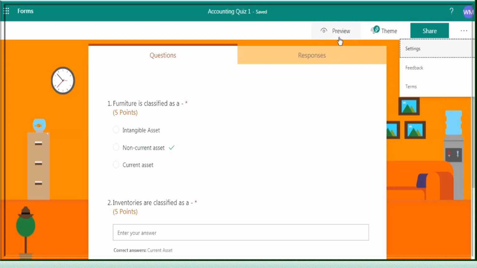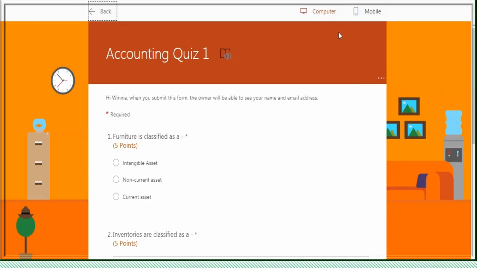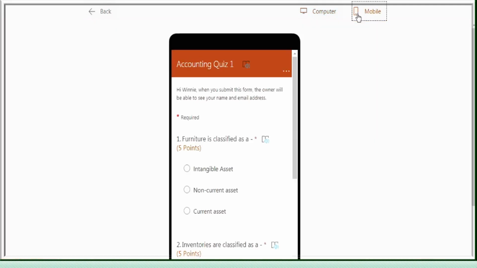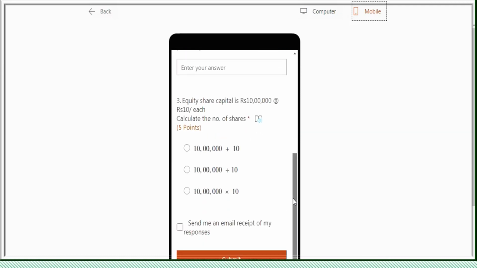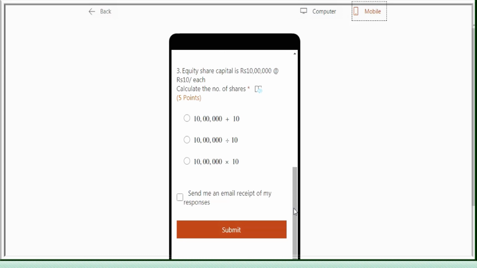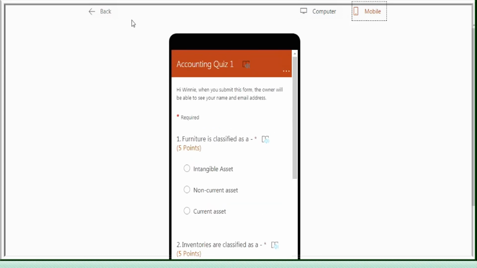Next, we want to see how the students will view this question or the questionnaire. So we click here on preview. So you get computer mode. You can also check the mobile view. Okay, when you check the mobile view, you can see that on their screens how the question will be visible. Right, we go to back,